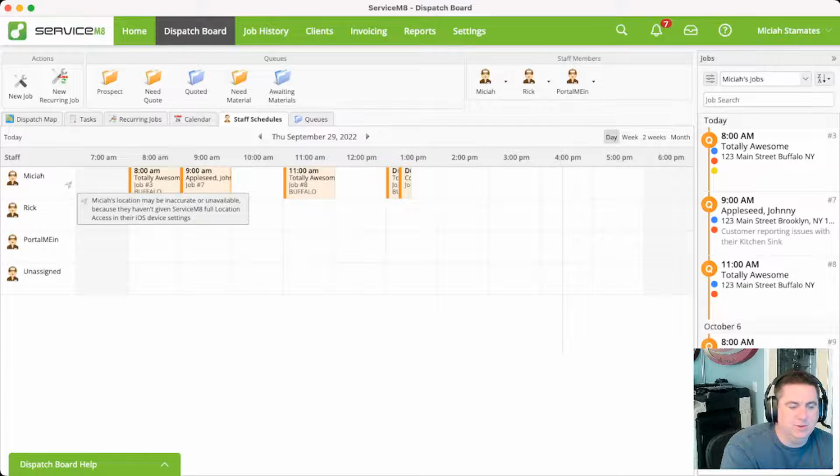And so if your mobile device is not set up correctly with GPS location services, which means that your location services for ServiceMate are not set to always, which is very, very important, you're not going to get the data you really need to be seeing in ServiceMate. So ServiceMate should be set up with location services set to always, and a couple of caveats to go along with that,